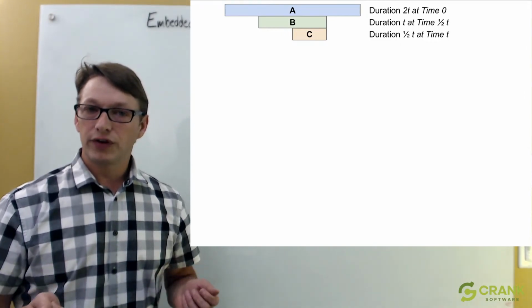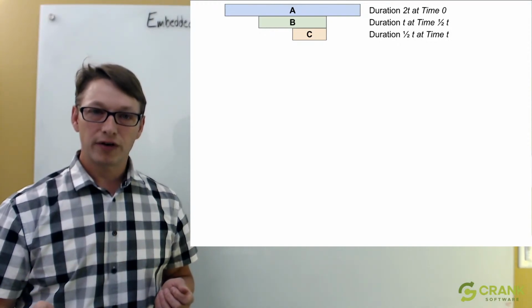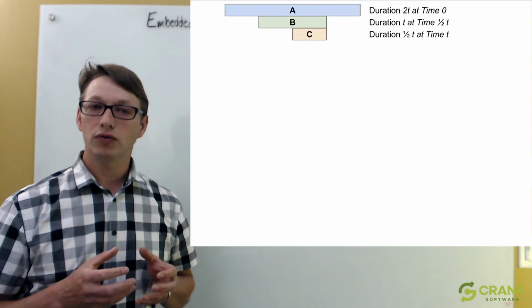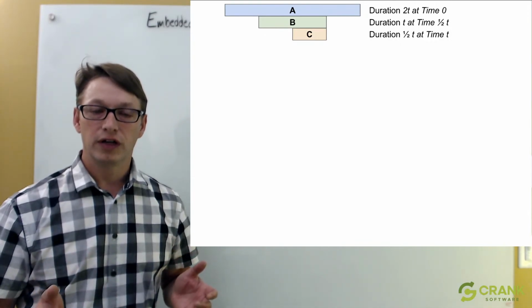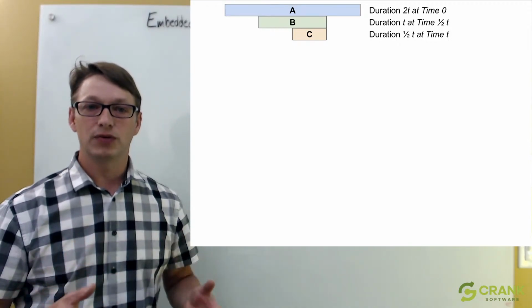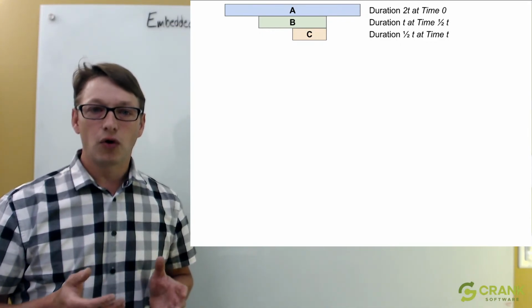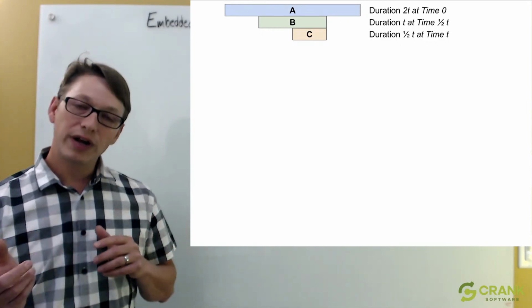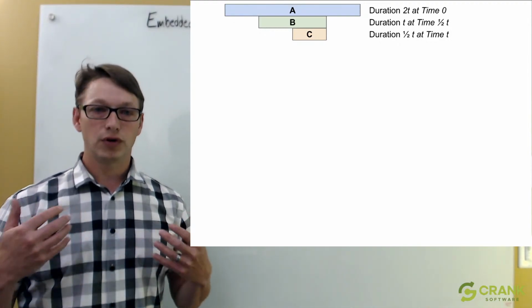So these are 3 different tasks. They're all arriving at different times, a little bit offset from one another. They are all executing with a different amount of CPU resources. Task A requires 2 time slots, task B requires 1 time slot, and task C requires half a time slot. So if we were thinking about how we would execute these tasks in the context of their simple arrival,